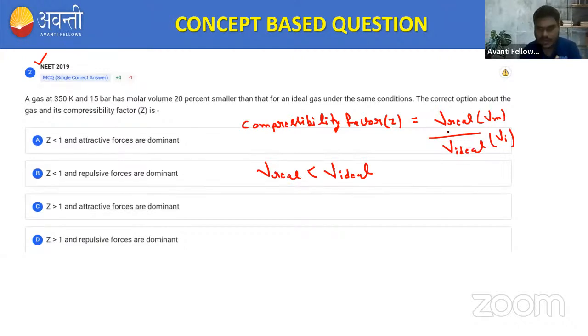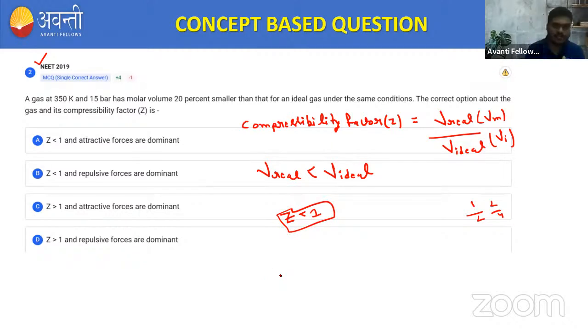वॉल्यूम। सो बताओ, अगर ऊपर वाला क्वांटिटी कम हो गया नीचे वाली से, ठीक है, ऊपर वाला वैल्यू कम है नीचे वाली से, तो जेड क्या आएगा? जल्दी बताओ। if the molar volume is less as compared to the ideal volume, means अगर ऊपर 1 है तो नीचे 2 है, ऊपर 2 है तो नीचे 4 है, तो इसका रेशियो क्या आएगा हमेशा? रेशियो एक से हमेशा छोटा ही आएगा, ऑब्वियस सी बात है। इट मींस जेड इज लेस देन 1। ठीक है, it means Z is less than 1 because in this question this statement